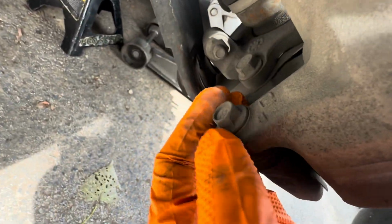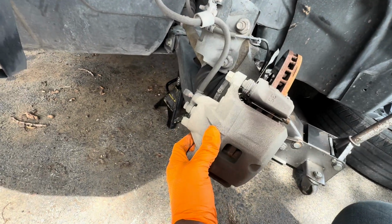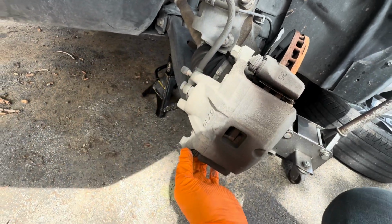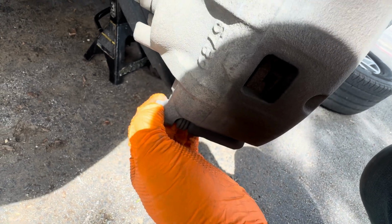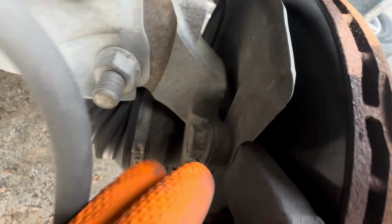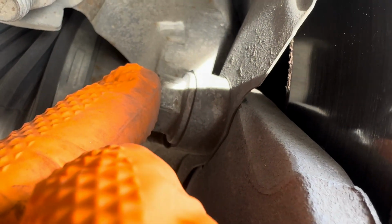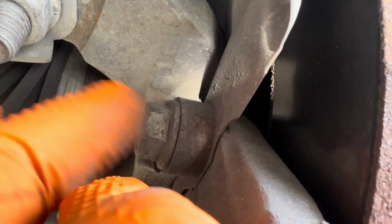and we are going to remove the bottom bolts, bottom caliper bolt, raise the caliper, replace the pads, lower the caliper again, and secure that bolt. After that, we are going to remove the caliper bolt. This is caliper bracket and this is caliper bolt. We are going to remove both of them,